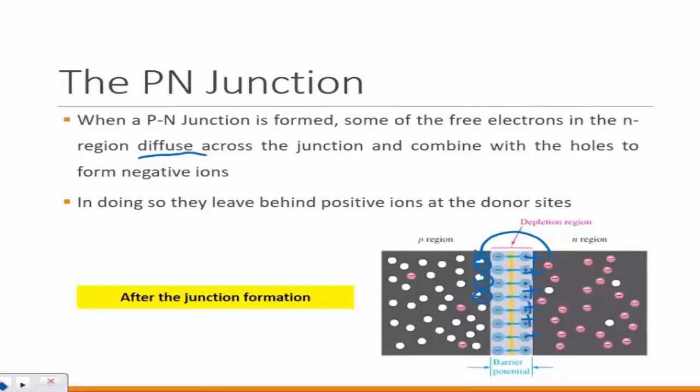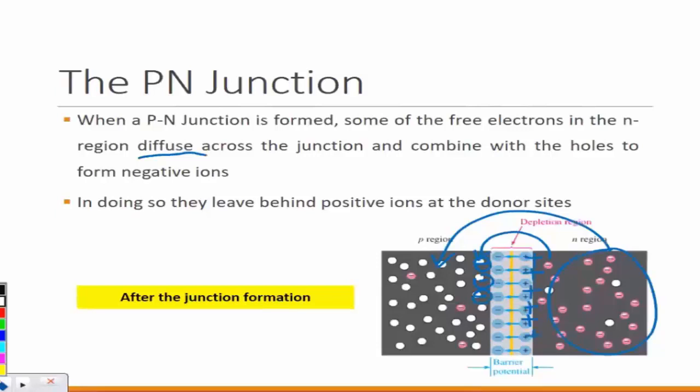But how long will this happen? Will all of these electrons get attracted to all of the holes in here? What do you think? So initially the electrons closer to the junction will try to attract, but as they're attracting, what will happen is